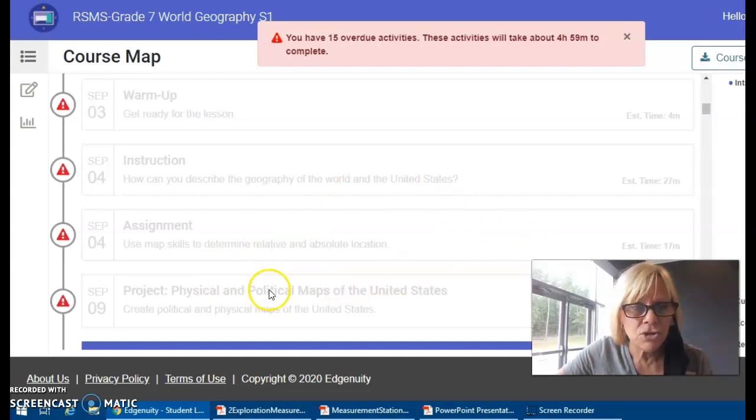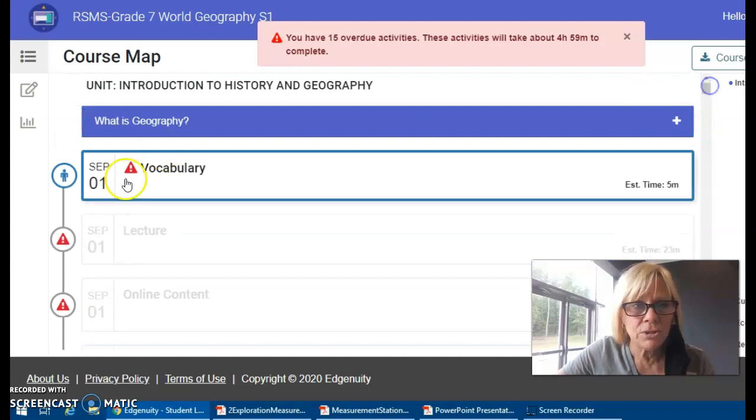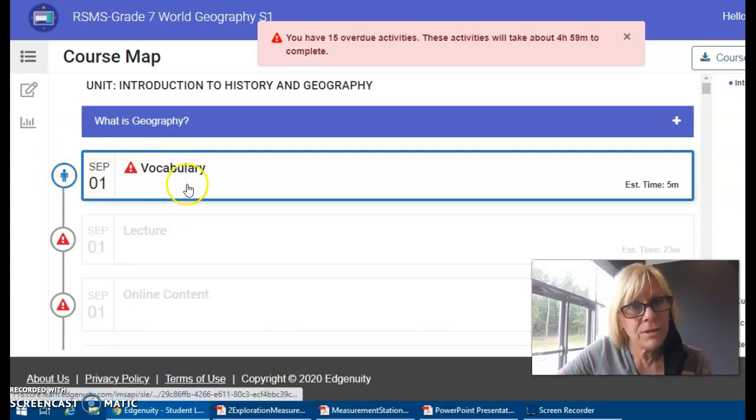So that's how you find your calendar, and you won't be able to click into the next activity until you've completed the activity that's highlighted, because this is the step that this person, if it was a real person taking the class, would be on. This fictional person hasn't done anything yet. They're on the very first step of the class.